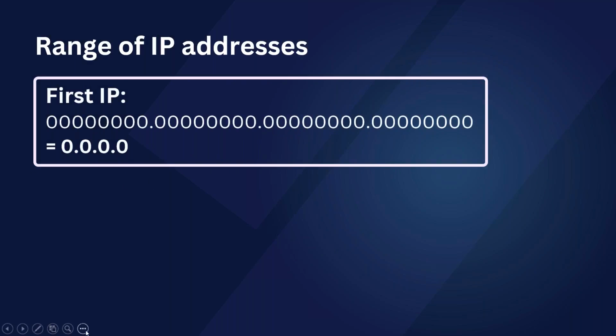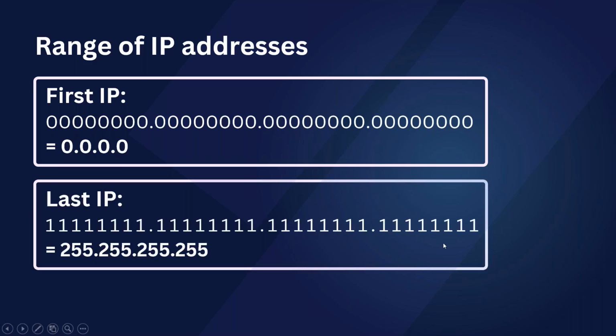0.0.0.0. And if you have to get the last IP, you would simply put all ones everywhere. Okay, in the first octet all ones, second octet all ones, third octet all ones, fourth octet as well, all ones. And now when you convert that to decimal, you get the answer 255, right? So the last IP is 255.255.255.255. So now we logically know why IP addresses cannot exceed the number 255, because when you put the maximum value of all ones in a binary octet, you would only get 255 as the last number. You cannot exceed more than that. So you would never have IPs in the negatives or in the numbers above 255. Any octet will only range from 0 to 255.